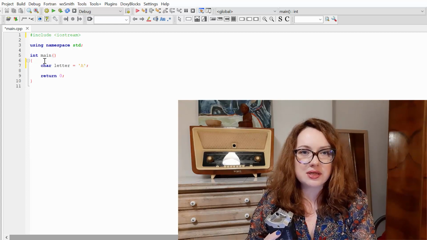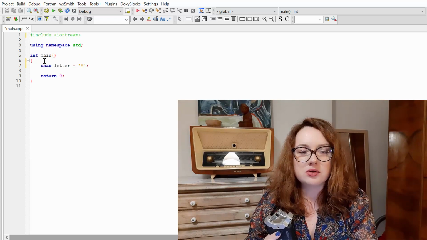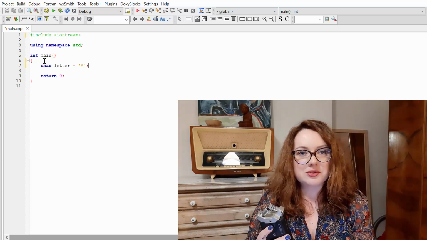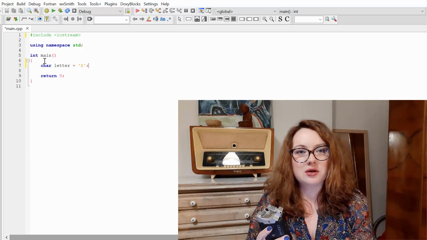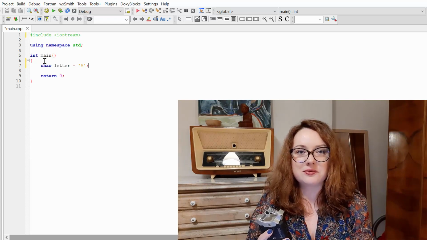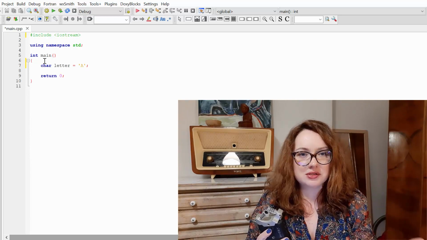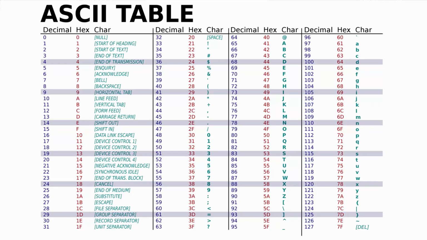But how can we store a letter in computer memory? We all know that computer memory consists of zeros and ones. For this purpose, we are going to use an encoding scheme called American Standard Code for Information Interchange that assigns a number to each character. So in this ASCII table, you can see that the big letter A is represented by the decimal value 65.